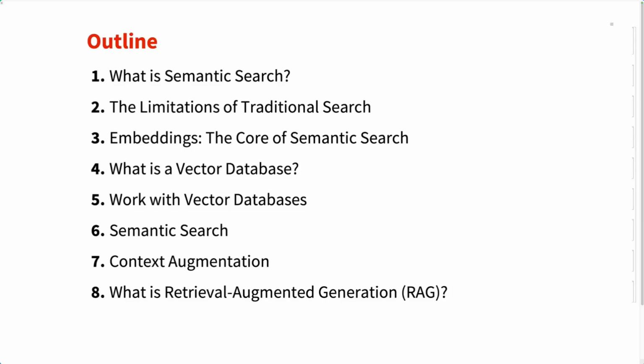We are going to look into the concept of vector embeddings, which is a core of what semantic search is based upon. And then we're going to drill down a bit in the underlying technology, like vector databases, what they are and how you can work with them in the Wolfram language. And then we can climb back to semantic search and interacting with the LLM through context augmentation and retrieval-augmented generation. Okay, so without further ado,